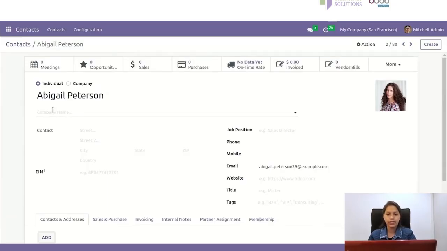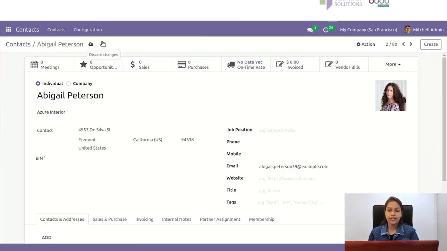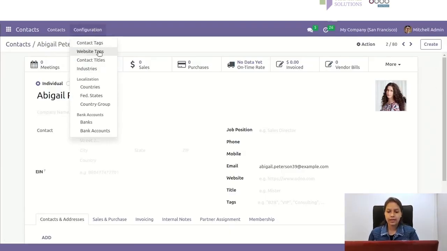If you are creating an individual contact, you will get another form with additional options for adding the company name, citizen identifications, and many other details. Here you can see the Configuration tab, which includes different options such as contact tags, website tags, contact titles, industries,